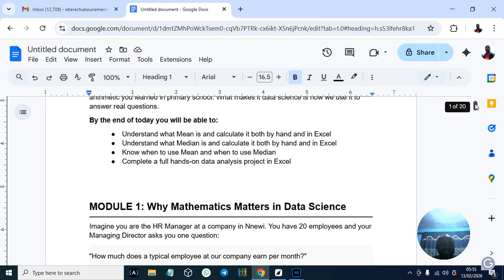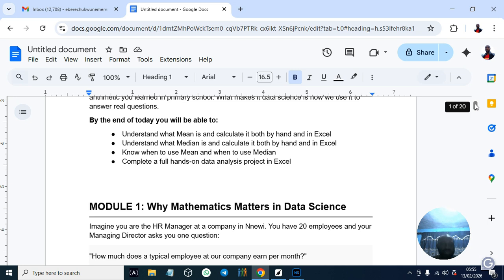This is just the simplest statistics or maths, whichever you call it, because mean and median is in maths, and in statistics as well. And data science is all about maths and statistics. So by the end of this course, you'll be able to understand what mean is and how to calculate it, both by hand and by Excel.